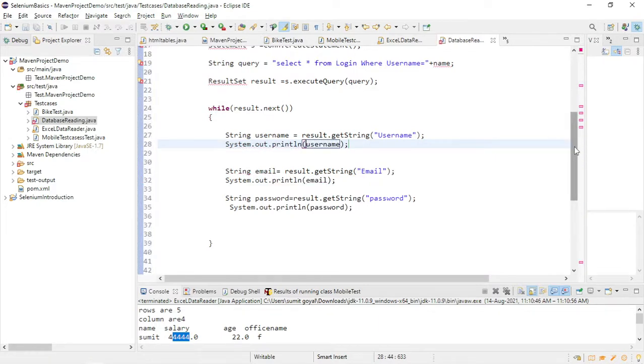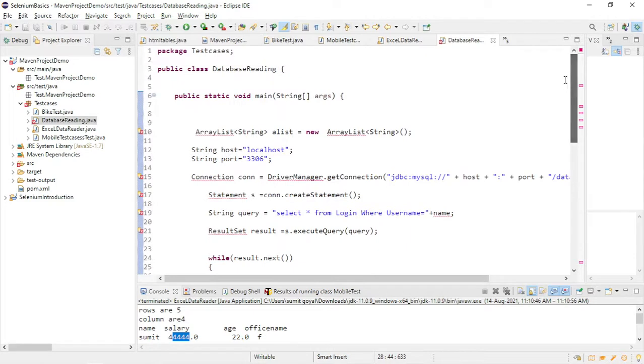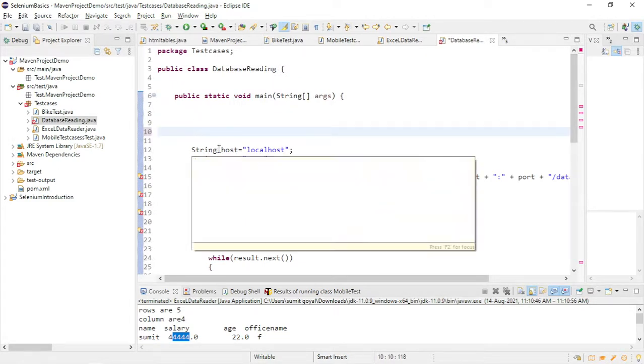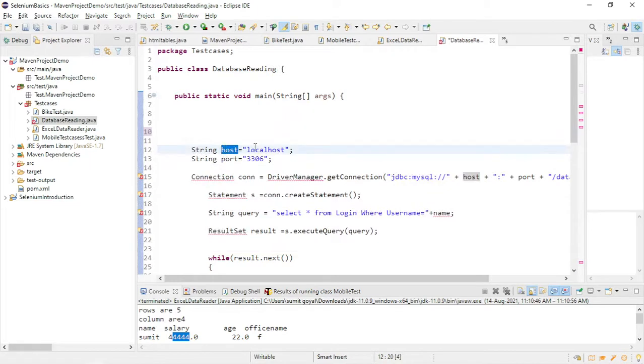Three things I am going to print, and some error is coming. So let me remove this. Basically, I am saying what our host name is. Localhost means our local machine, which I am working on. I am storing that in one variable, and this is the port number. I've told you this port number, when you run the setup, you will see it somewhere. By default you will see this one only most of the time.